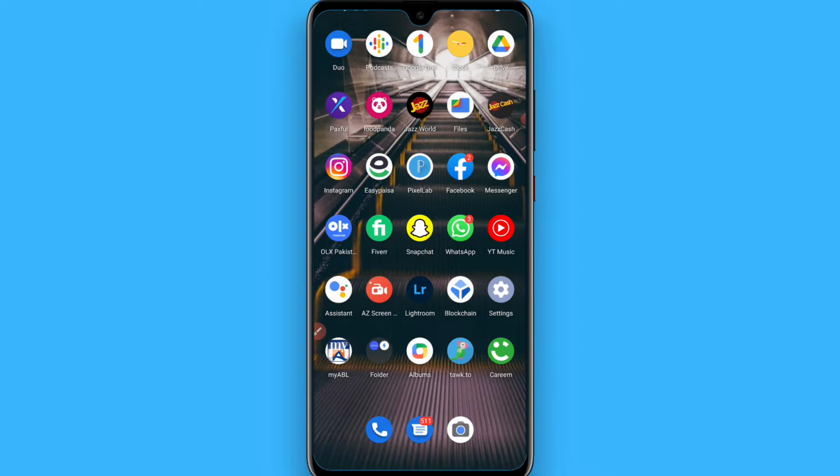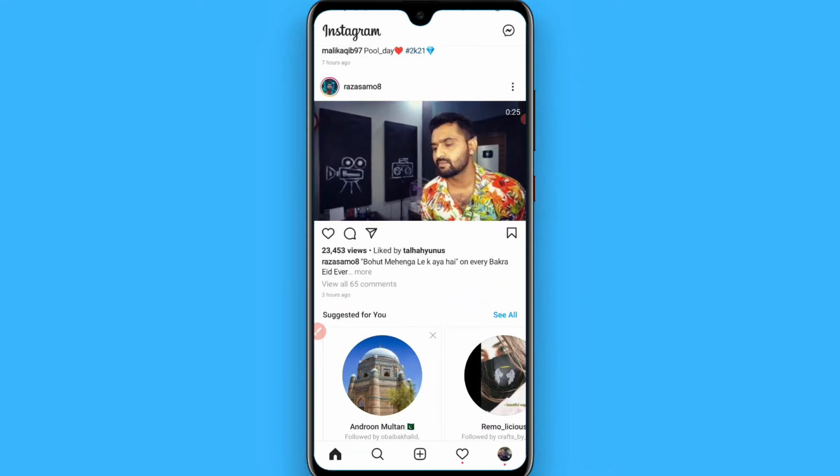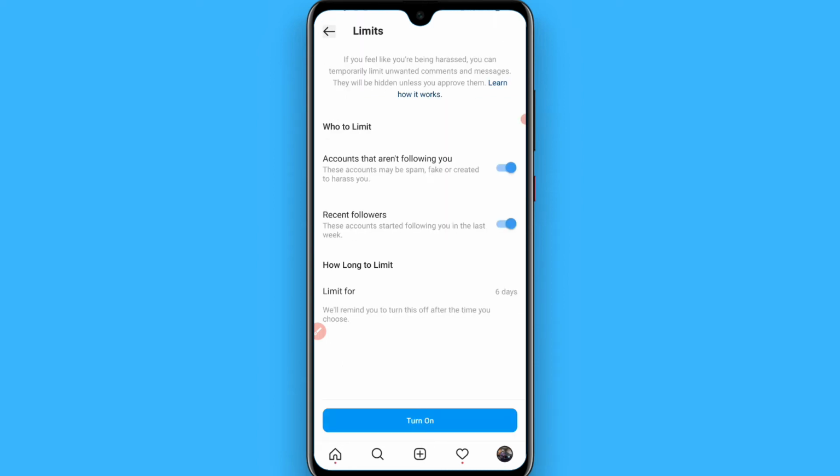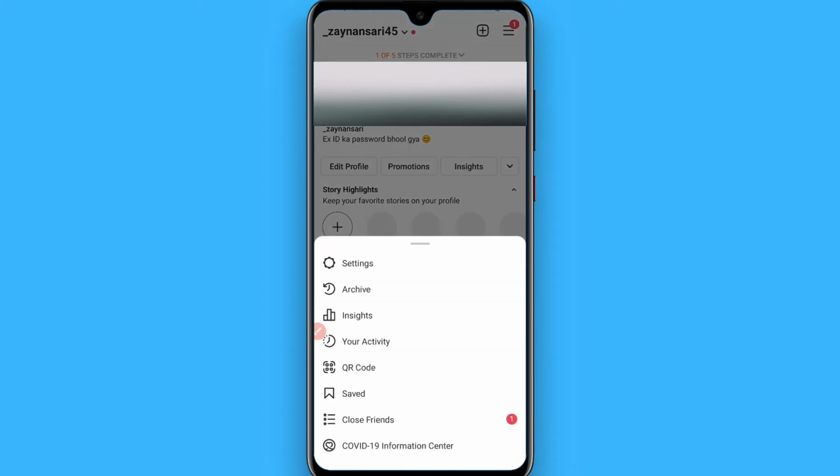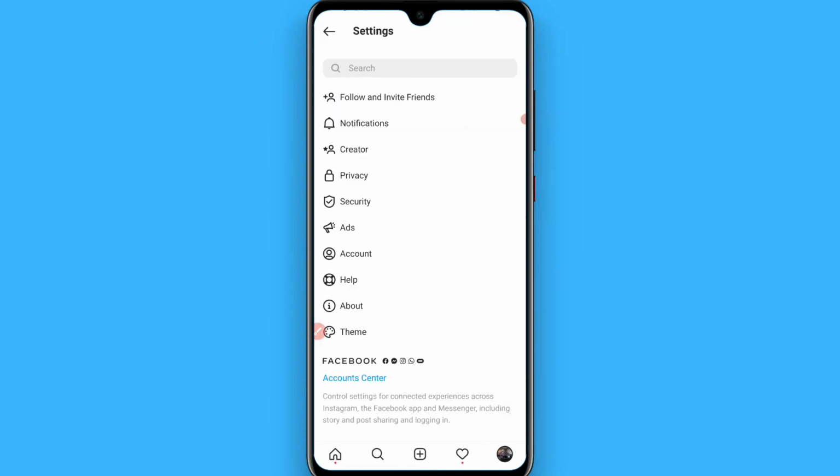So first of all, open your Instagram and log into your account, and once you do it, from here you have to click on your profile icon. Once you tap on it, you have to click on the three lines on the top right. Once you click on it, from here you have to click on Settings, and in the Settings